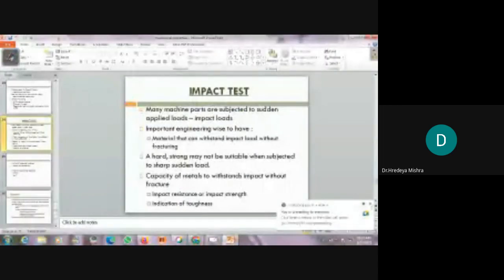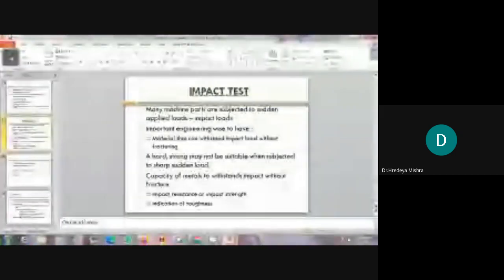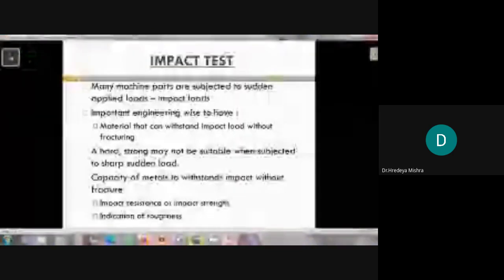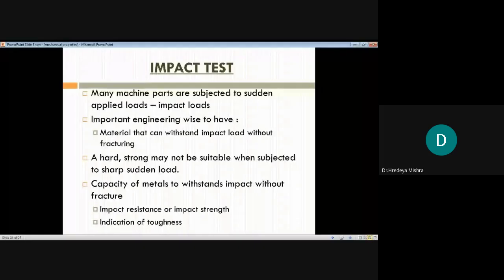The xy value is given, and we have to draw the diagram as per the xy value. So the xy value is given, and we have to